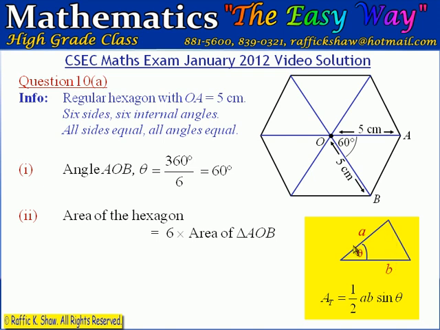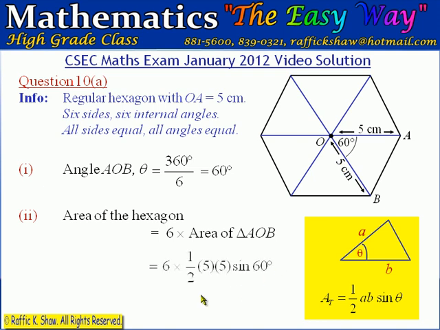When we have a triangle with two known sides and a known included angle, a known angle between the two known sides, the area of the triangle is given by this formula: half the product of the two sides multiplied by the sine of the angle between the two sides. And that's what we're going to be using to calculate the area of this triangle, and we can show that